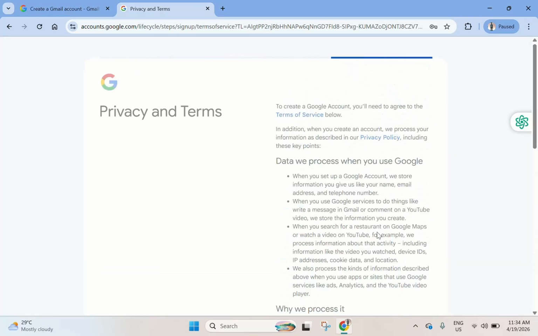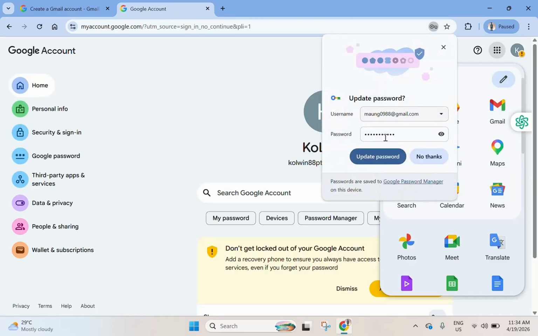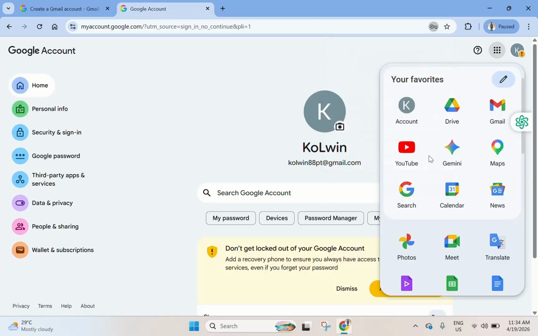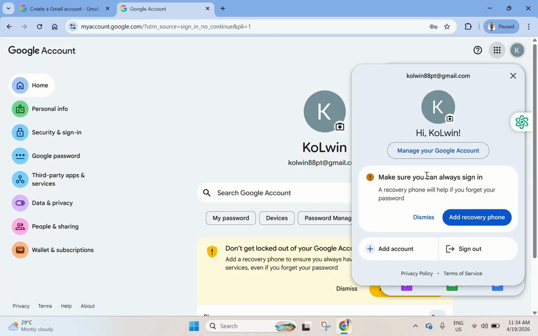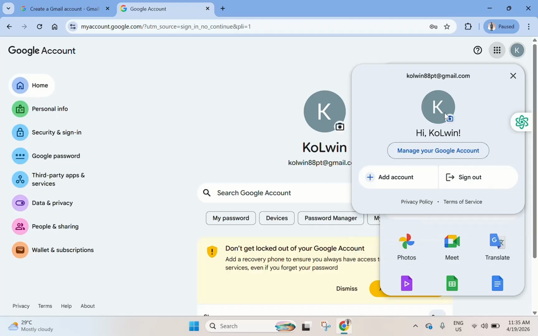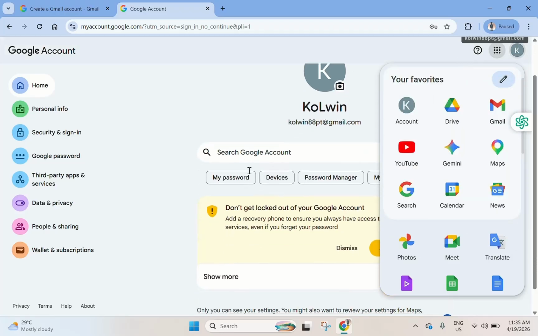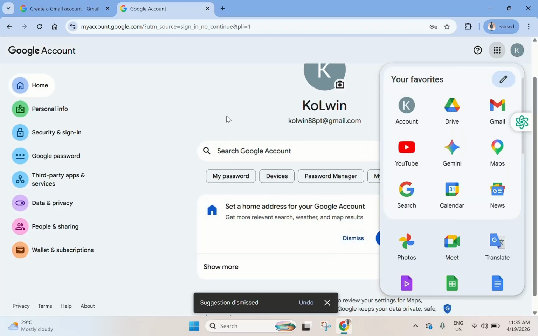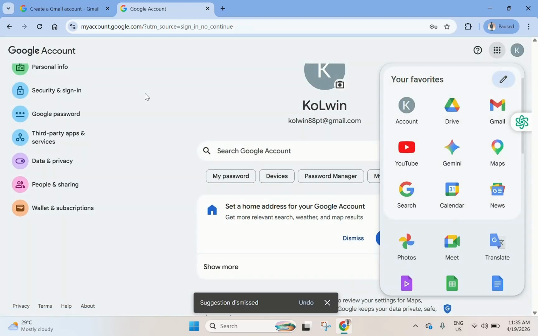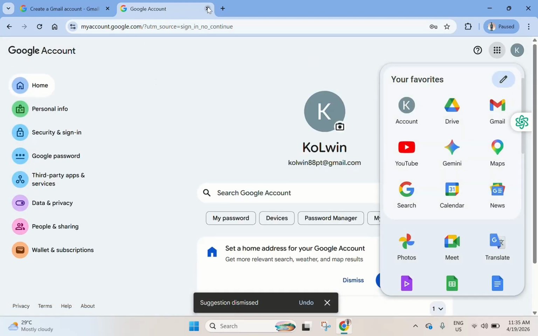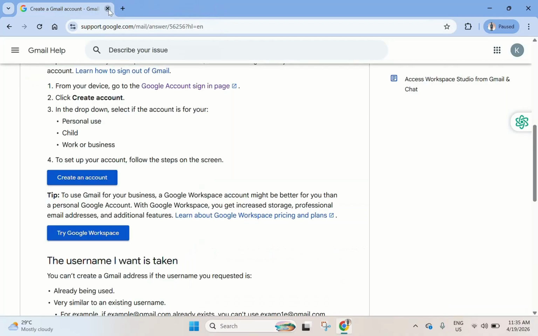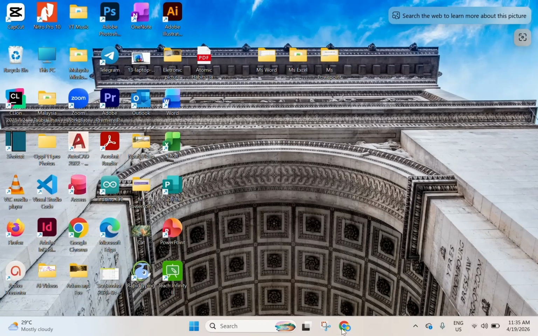and I agree. So now our email is already done. We don't save here. Okay, so this means make sure you can always sign in, add a recovery phone number. If you want to add a recovery phone number, you need to add it from here. If not, we just dismiss, and now we can use it. So now you can go back to Google, and if you close all these things and you go back to the Google account,